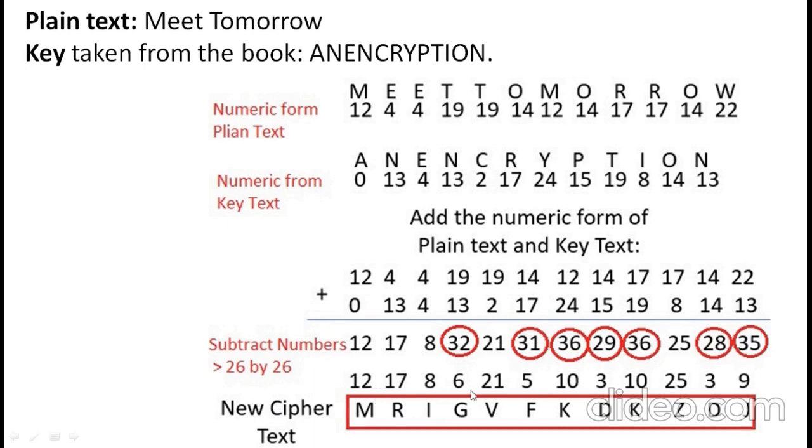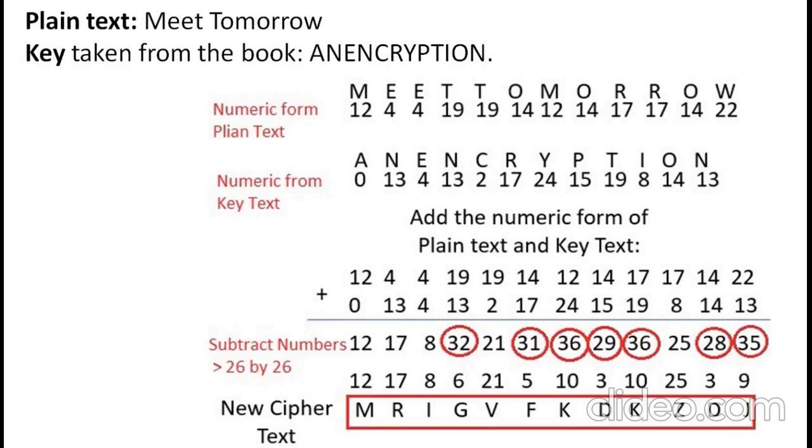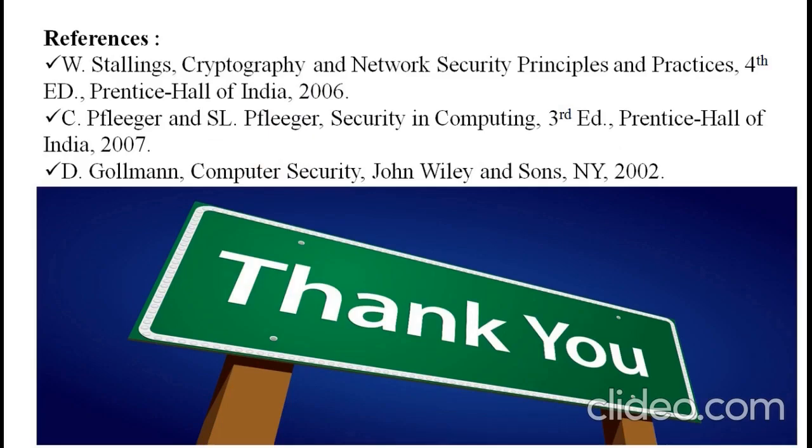Whatever numbers you obtain here, such as 12, 17, 8, 6, the alphabet corresponding to each number should be your new cipher text. So this is how you can obtain this book cipher or running key cipher. Okay, so I hope you understood this concept. So thank you for